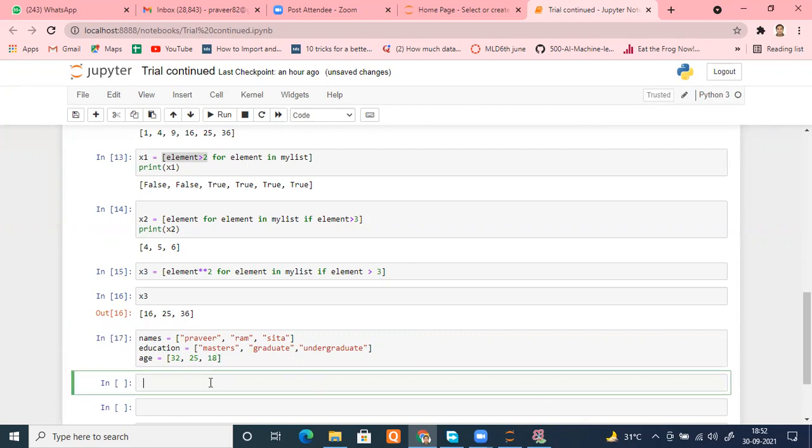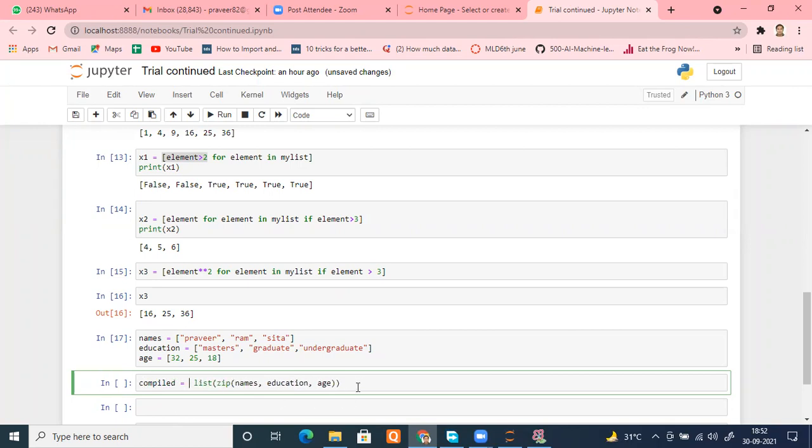So what I'm going to do is use the zip function, and inside this I'm going to place my iterables, that is names, comma, education, comma, age. If I use it, it will create an object. But if I want a list, I will create a list here. It doesn't matter. You can put a tuple here as well. You can put a string as well. It's up to you, any iterable you want. I'm placing zip in the list, and this name is compiled.